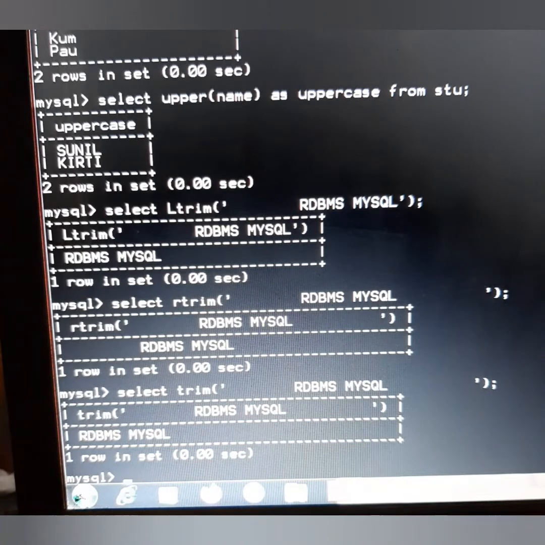So in that case we will be writing select trim, and then we'll have to use here a keyword like leading X from, and then we can give our string which is having, instead of spaces, 4x over here, bar 1 and then again 4x, 1 2 3 4.